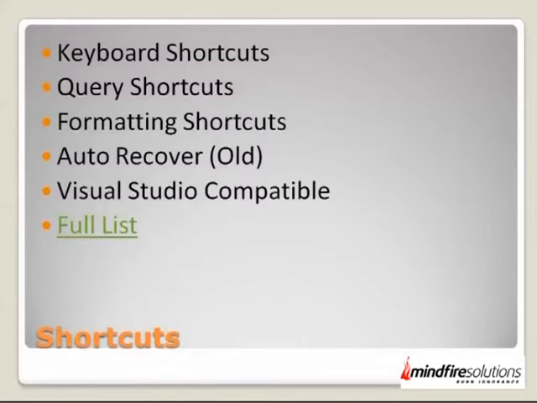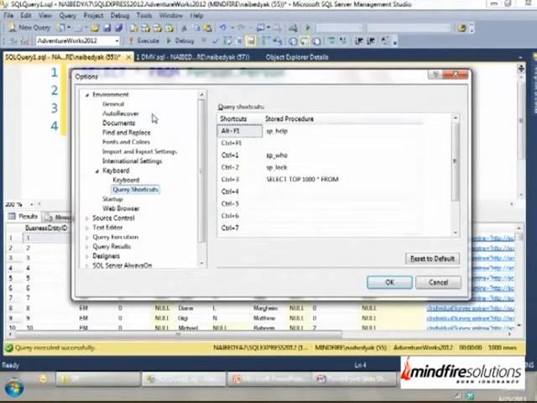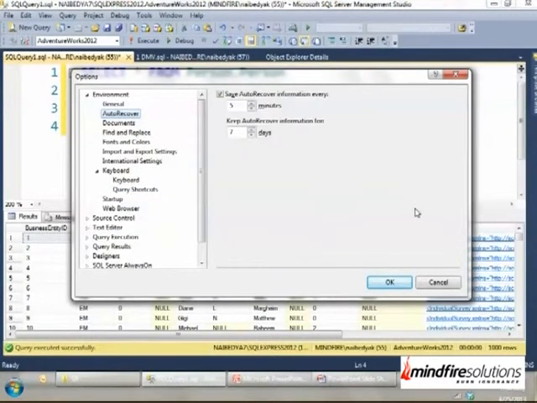This is again, as I have said, an old feature, auto recover, which has been there for some time, but it's important to know this. This is a setting which allows you to, after a system crash or a program crash, and when you restart SQL Server Management Studio, actually get back the crashed files. So this setting tells you when to auto save. That 5 minutes means every 5 minutes when you are working, irrespective of whether you are saving or not, it will auto save. So if you want that setting to come down to 1 minute or something, you can do so. The next thing, keep auto recovery information for how many days.